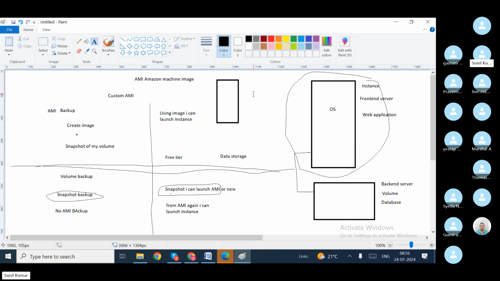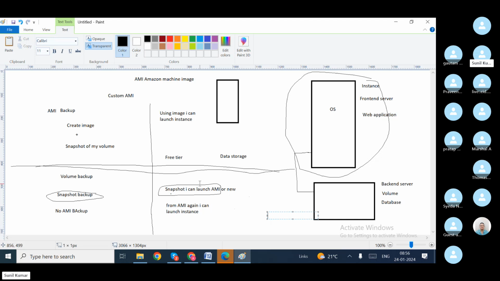Okay. So actually, it is almost 9 a.m., so we are at the end of our time. I can't do the practicals, so tomorrow I'll start doing practicals here. I'll show you taking an AMI backup and launching an instance from it, taking a snapshot backup and creating an AMI, and from the AMI again launching an instance, plus from the snapshot backup